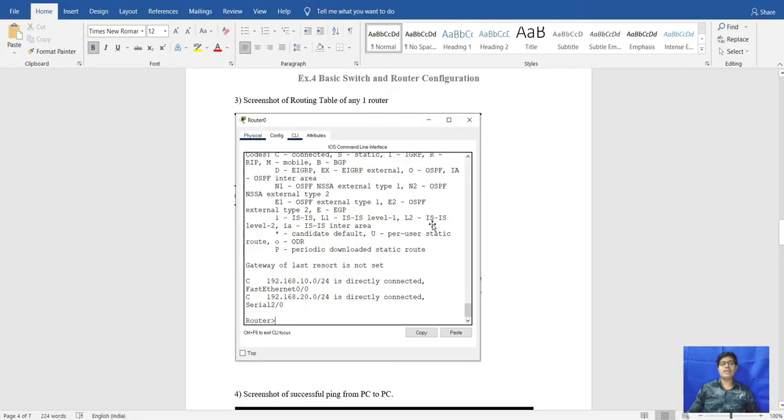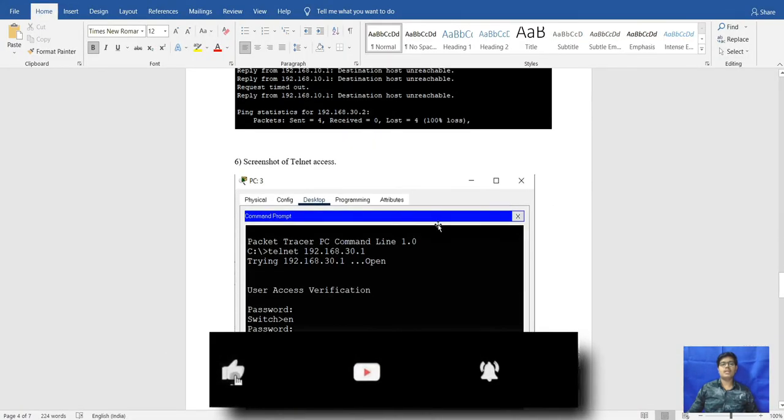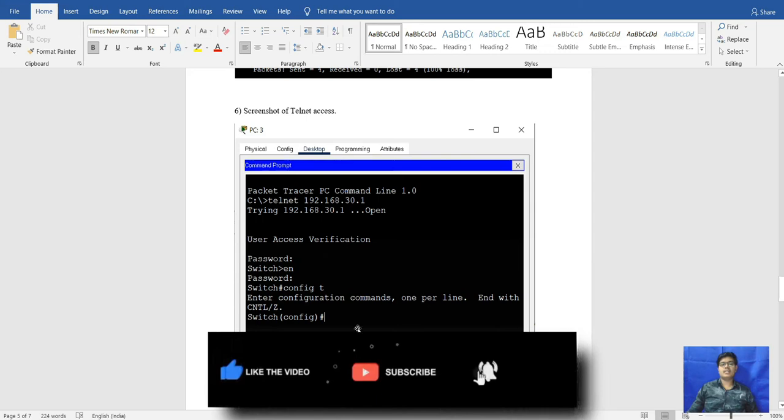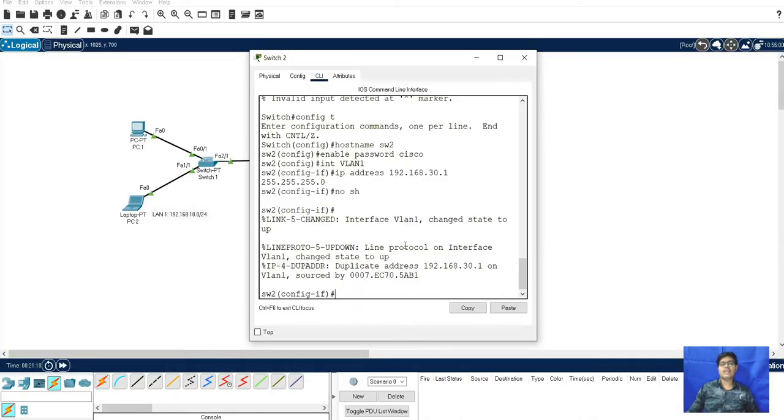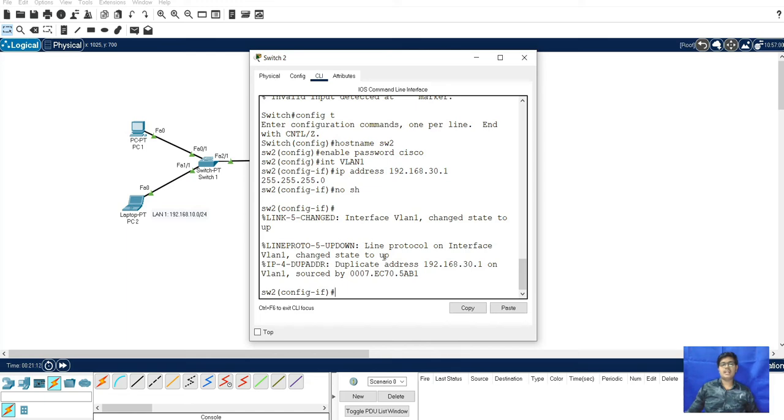Next, we will go here and we will configure the telnet. For that, we have configured this, and next we will go and type line VTY from 0 to 15. Usually it is 16. For that, we give here from 0 to 15.